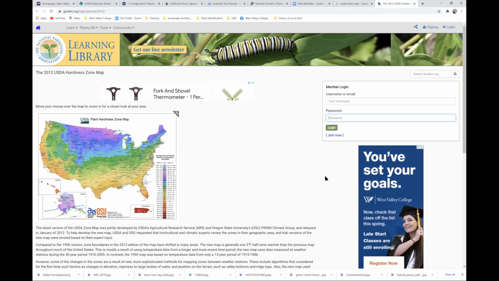This is important because when you are looking for the new plants that you're going to research, you want to make sure that they are compatible with your zone. So if you look up an exotic tropical that is only native to Singapore, and it cannot thrive in California, I'm asking you not to take your time to research that plant, because for as long as we're teaching here, we want to focus on plants that grow here.